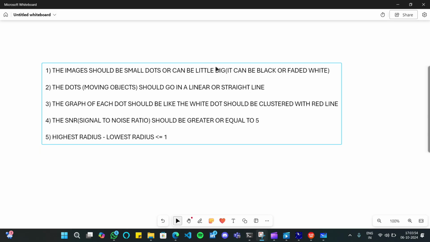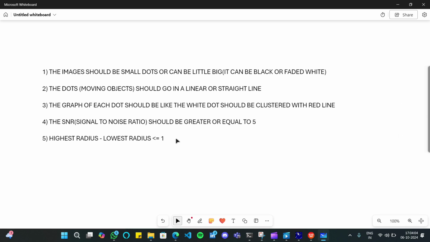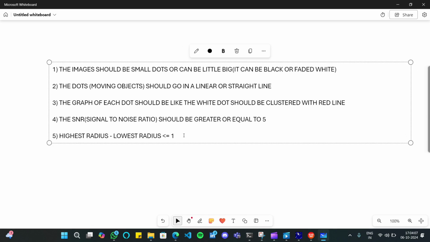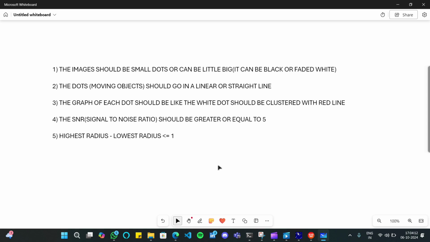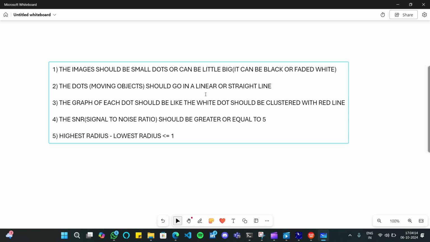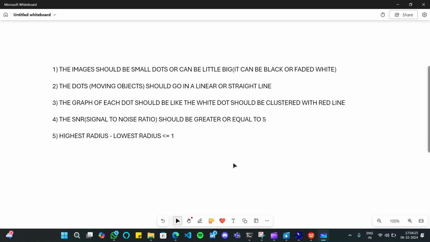So guys, here you can see I have written some points. These are the notes that you can take a screenshot of. I have explained everything. The last part has not been explained to you. I will explain it at the end of the video because it's the last part that you have to check. But most probably, if the second, third, and fourth points are being satisfied, the fifth is mostly satisfied. So I will let you know about it. You can take a screenshot of this and refer to these notes whenever you need.